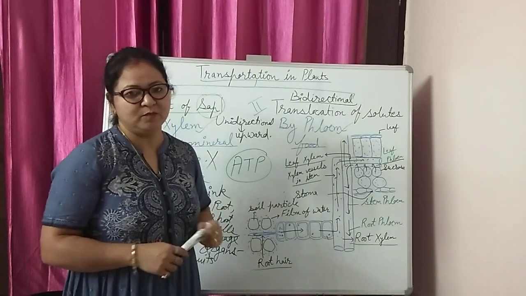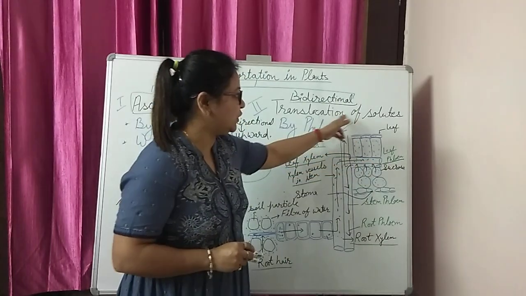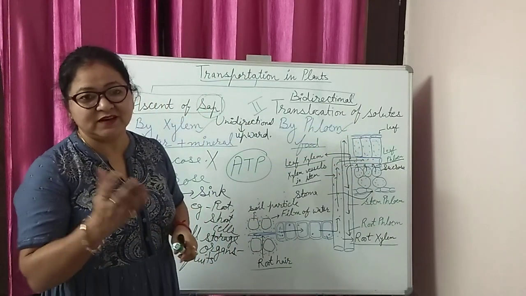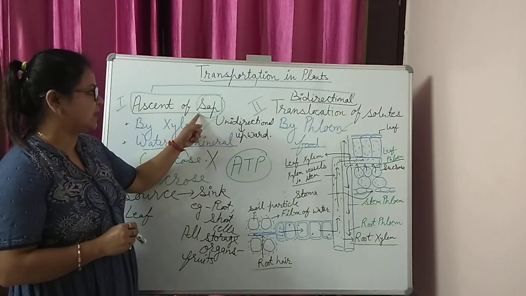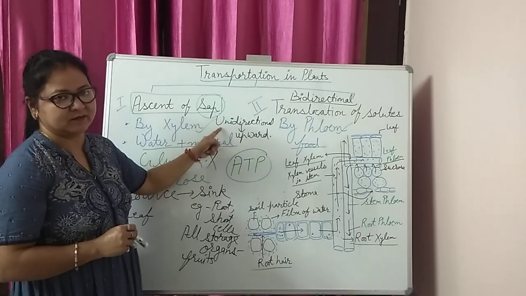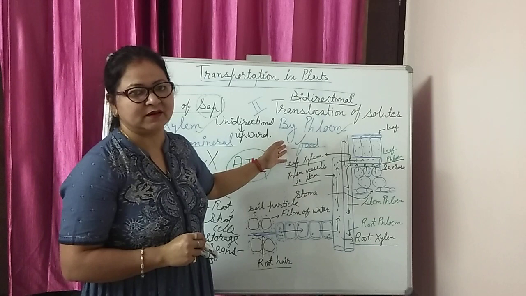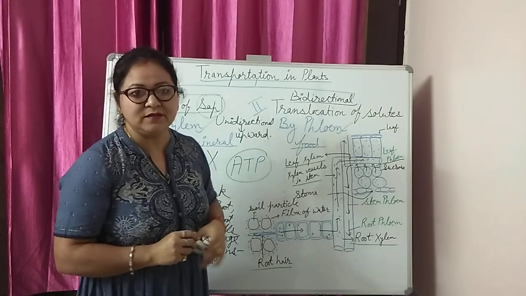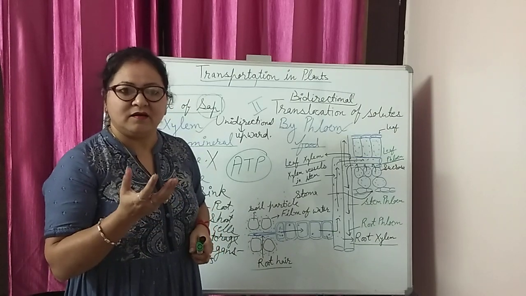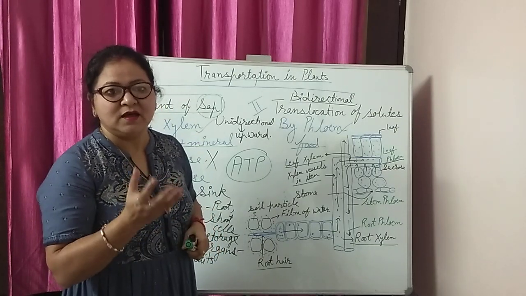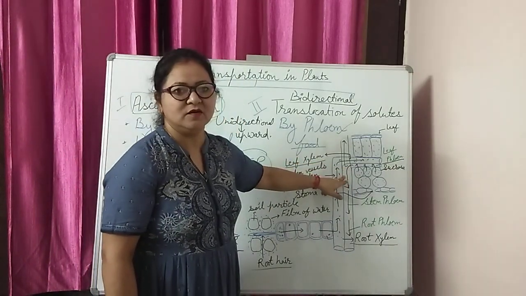Now one more point. One more thing moves with the solute through the phloem. What is that material? Like in ascent of sap, we talk about the movement of water, but it also moves minerals. Here, what is the second material? The answer is hormones. The chemical substances that are prepared in the cells of leaves or at the shoot and root apices also move through the phloem with the food.